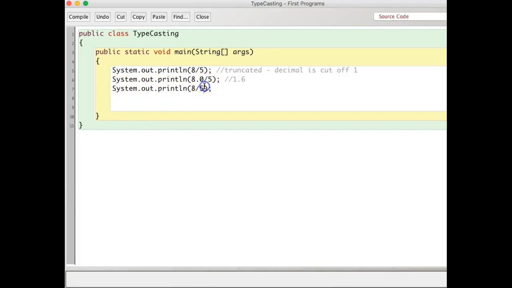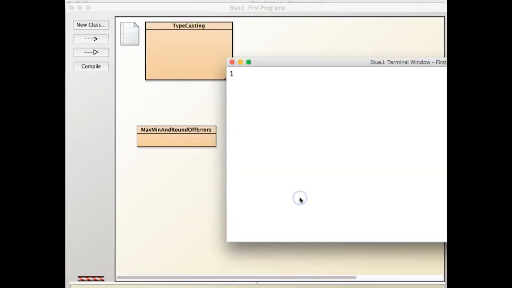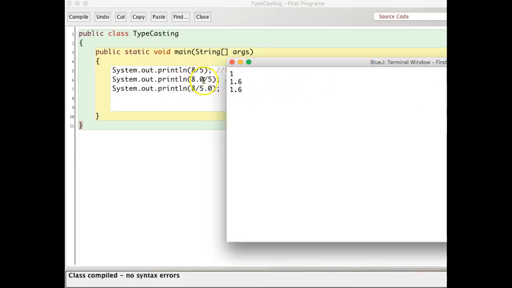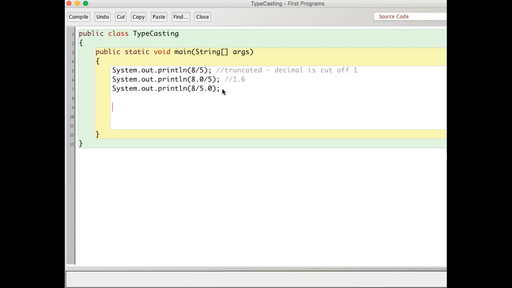Okay, what I mean is a double takes more energy and more storage space in the computer to recognize. So 5.0 takes a lot more storage than just 5. So that's what I mean by larger. I mean larger in storage space in the computer. So these two values are the same regardless if I make the 8 a decimal or the 5. So how do I do it? So the problem happens